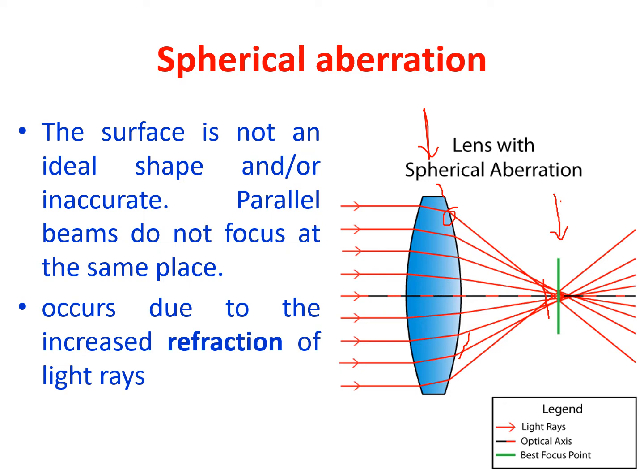See here, this point is focused in this particular area, the same one, this point also, and the other subsequent lines are all focused on some other places. This is like a focal line, and in a horizontal manner all these lines are formed like this. So not exactly on one particular point, the image will not be clear, the image will be blurred. That's why it is called spherical aberration. The spherical shape is not exactly spherical, the proper curvature is disturbed. This is called spherical aberration.